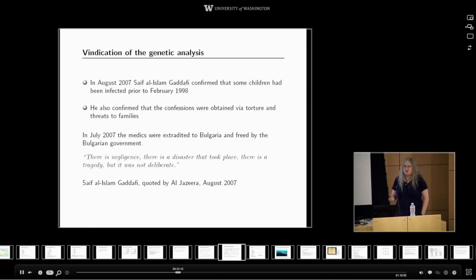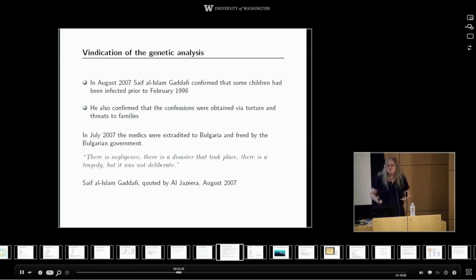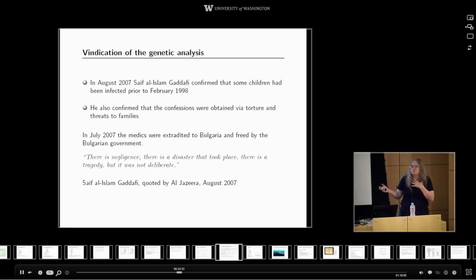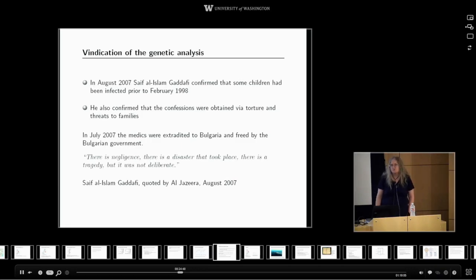He also talked about the confessions and confirmed that the confessions were obtained by a mixture of torture and threats to engage in terrorist activity against the medics' families if they didn't confess. I'd like to say something here. One can have various feelings about the morality of torture, but I'm here to say as a scientist also, it doesn't work. You can torture people and they will answer your questions and they will tell you what they think you want to hear, but as a means for finding out the truth, it's useless, and I think this shows it. I think it's very likely that the medics did in fact confess to anything they were told to confess to, but it was useless as a means of finding out what had actually happened to the children.